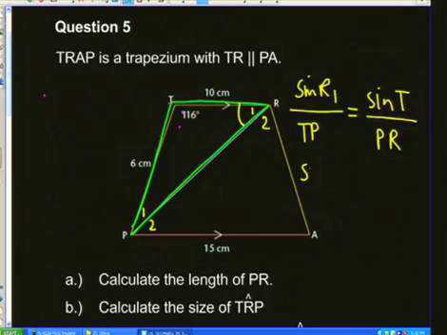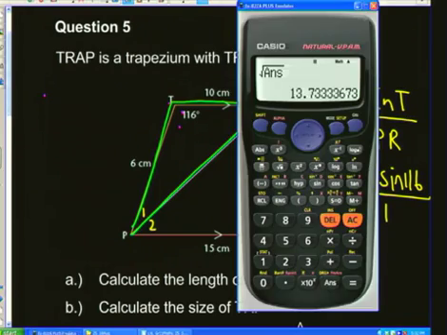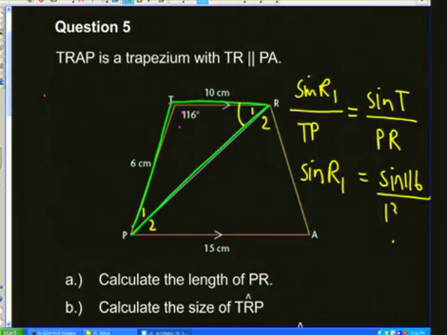So sine of R1 is going to be sine T, which is sine 116, divided by PR, which we've just found, which was our 13,7. And we're multiplying it by TP, and TP is 6. So we then get sine R1 as